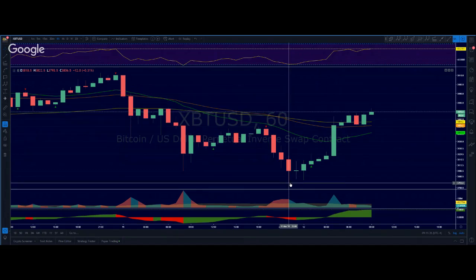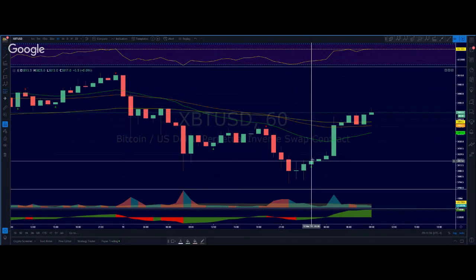37.93.50, somewhere right around there. BitMEX only trades in 50-cent increments. So right here, you can see this is where the price pivoted. So if you're going to use this as a divergence trade strategy, you're going to basically set your long position